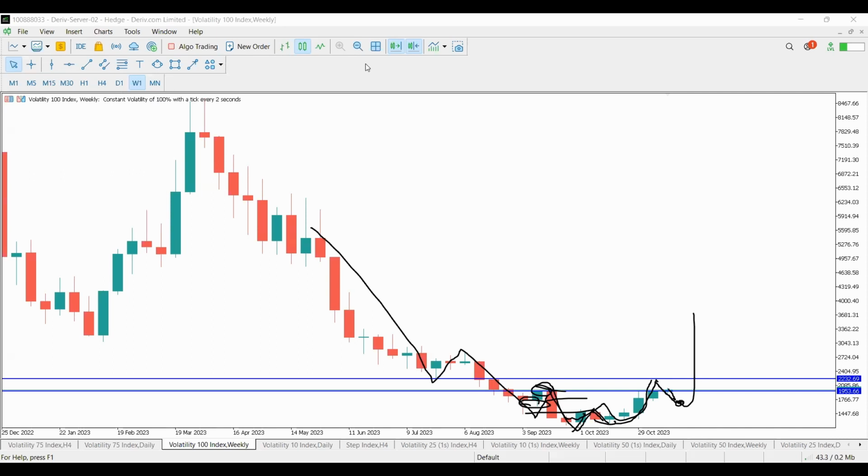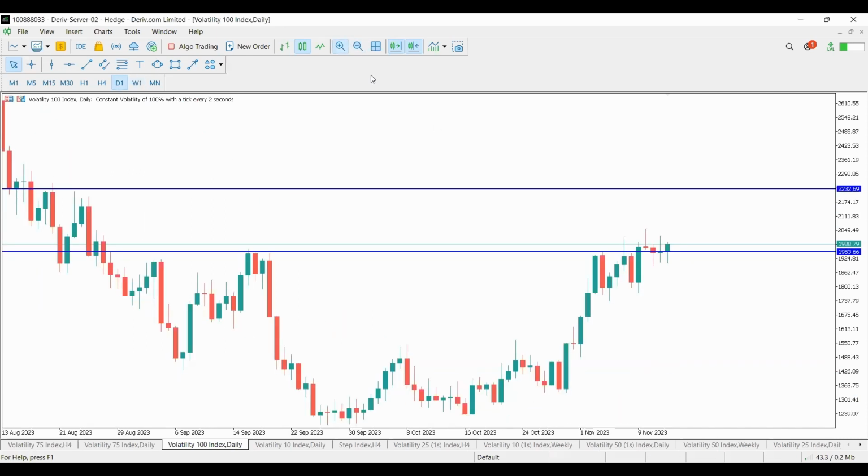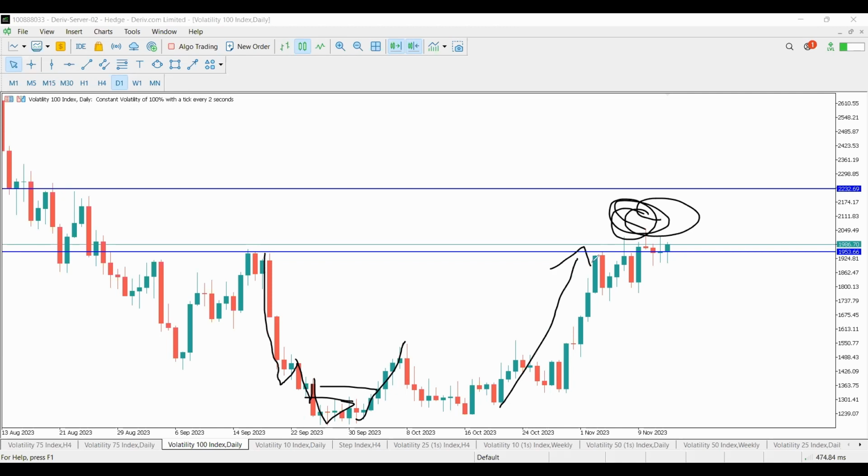Maybe you'll be able to see it clearer. Now, in daily, also you can clearly observe that we did have the market making lower lows, lower highs, lower lows, lower highs, lower lows, lower highs. We came and tested this area. Then the market broke above, meaning that we actually changed trend to start buying into this area here. So currently the price has reached here, but along the way, let's identify the area that the market did not test properly. So I'm just going to mark using my slabs.